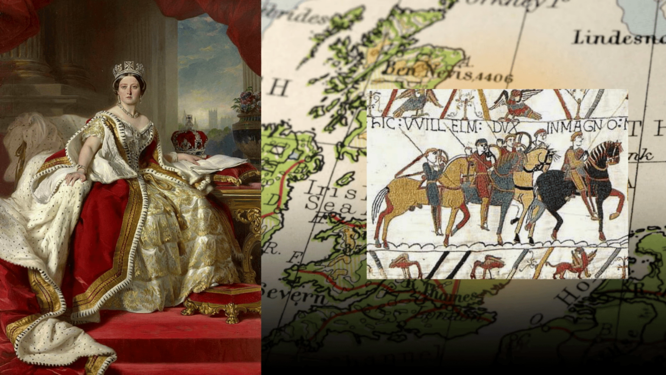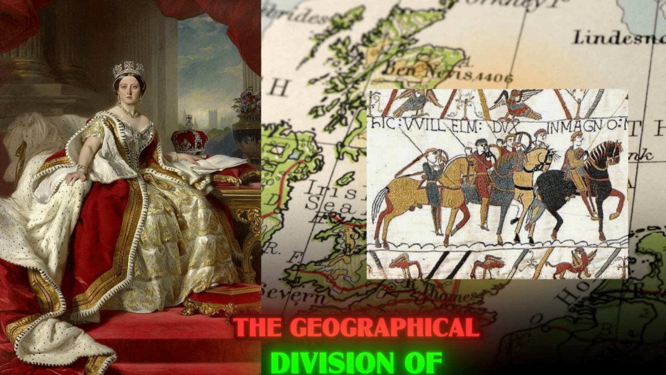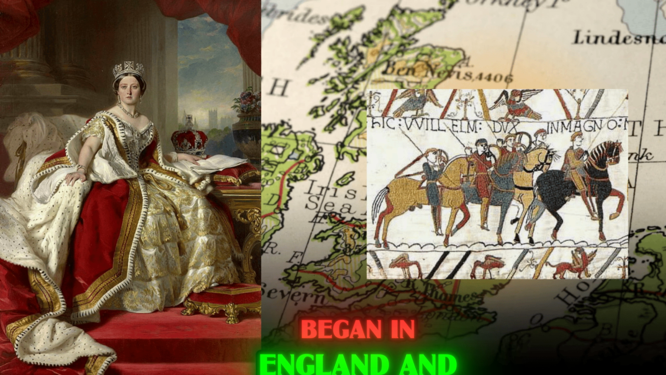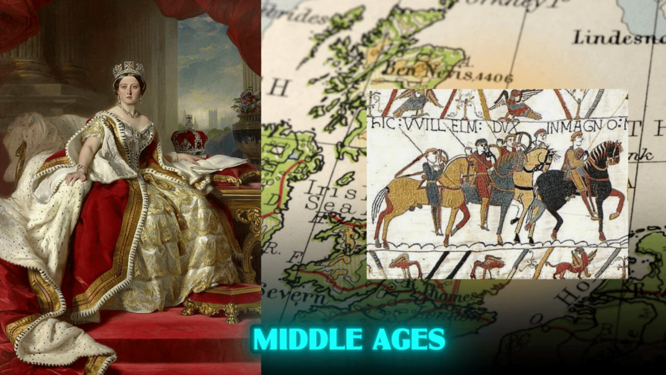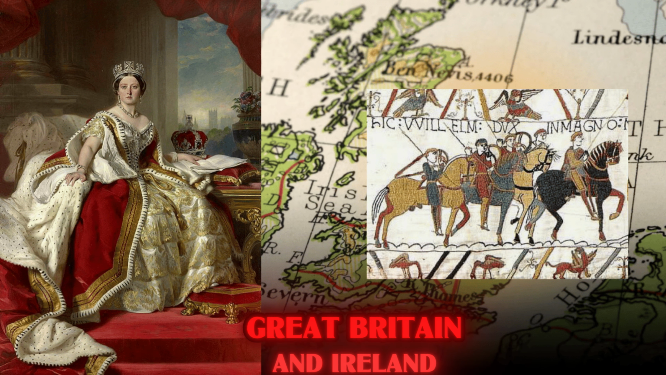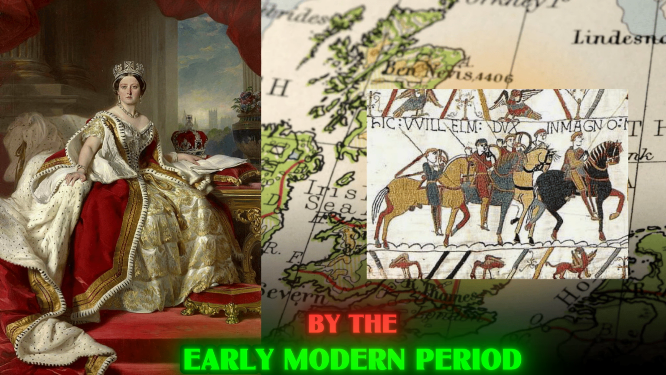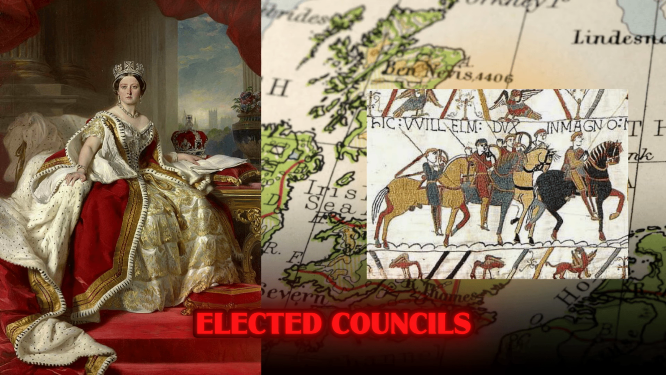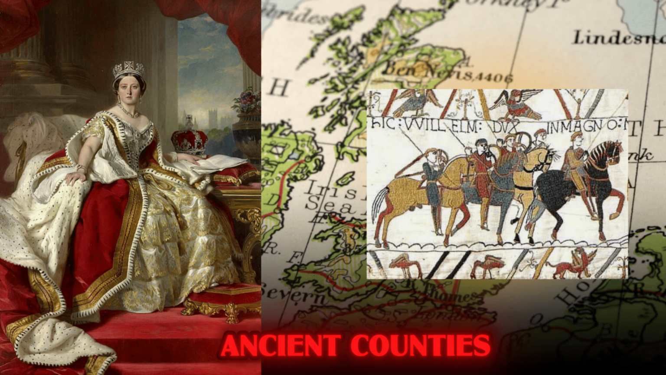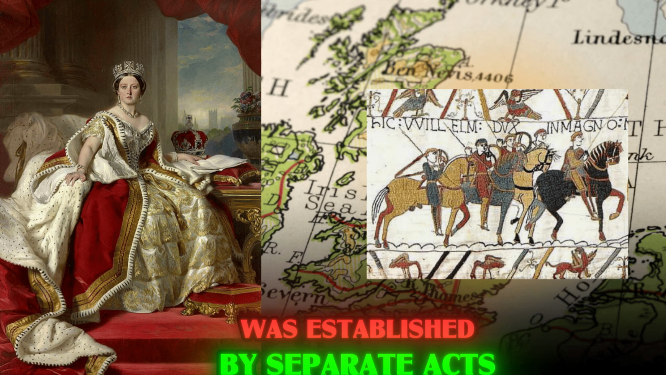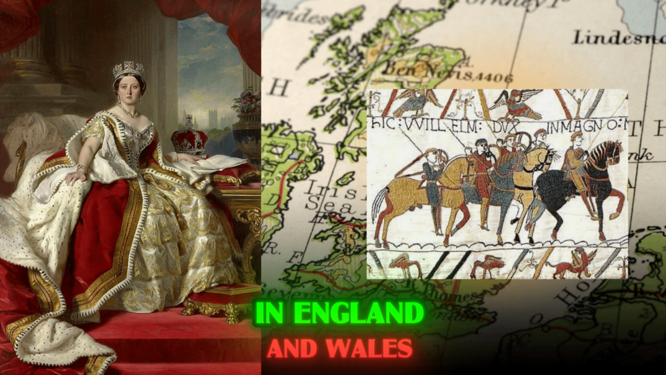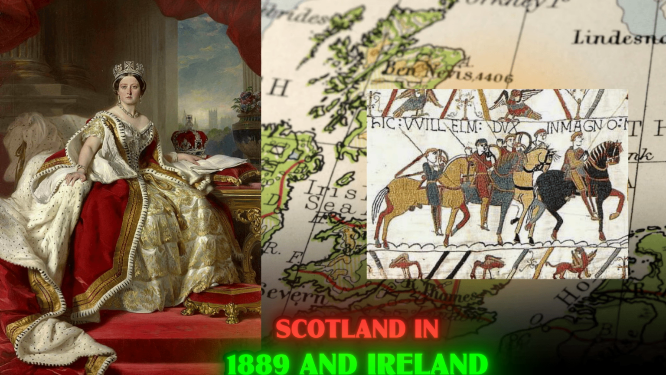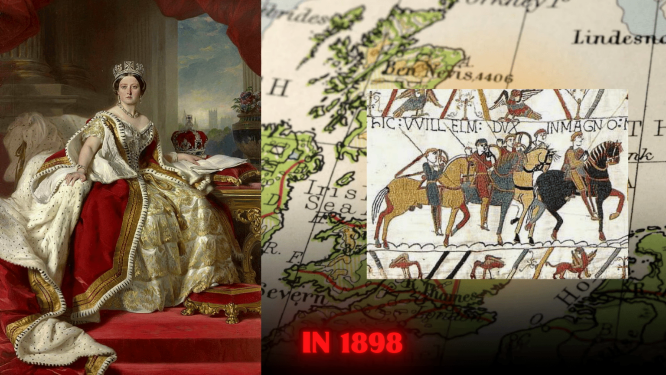Administrative divisions. The geographical division of the United Kingdom into counties or shires began in England and Scotland in the early Middle Ages, and was completed throughout Great Britain and Ireland by the early modern period. Modern local government by elected councils, partly based on the ancient counties, was established by separate Acts of Parliament, in England and Wales in 1888, Scotland in 1889, and Ireland in 1898,